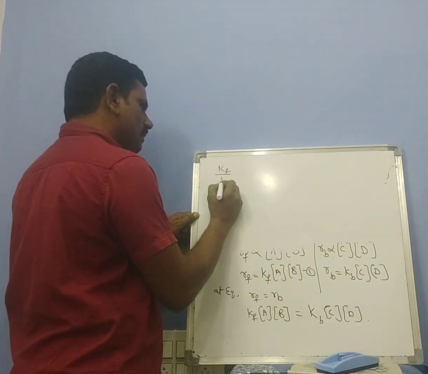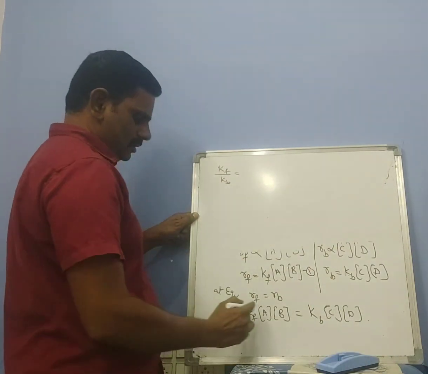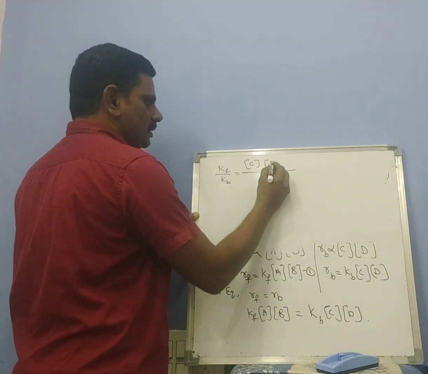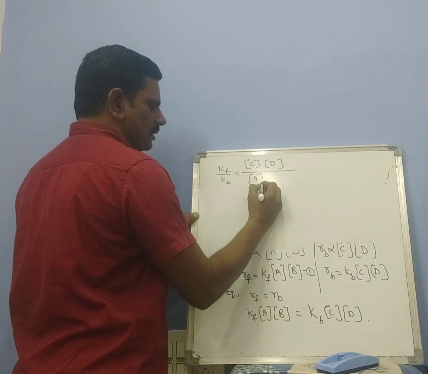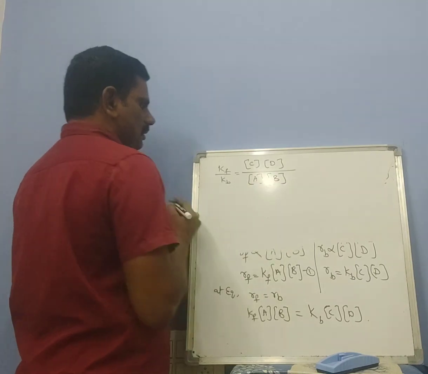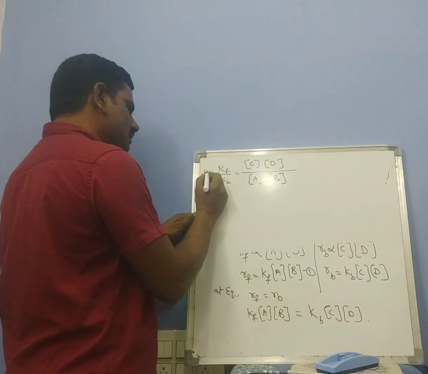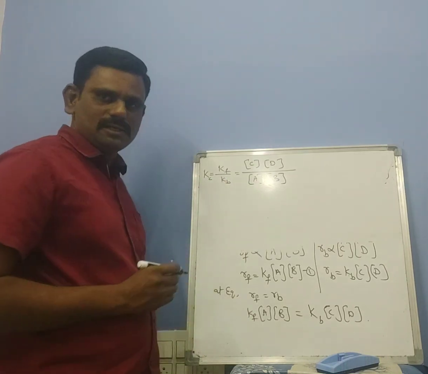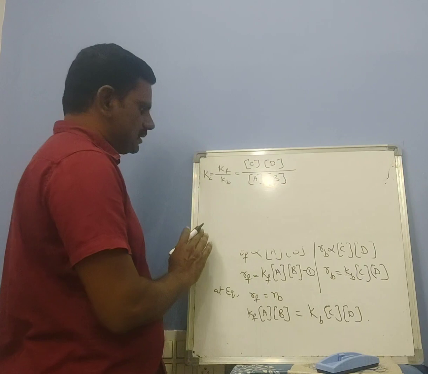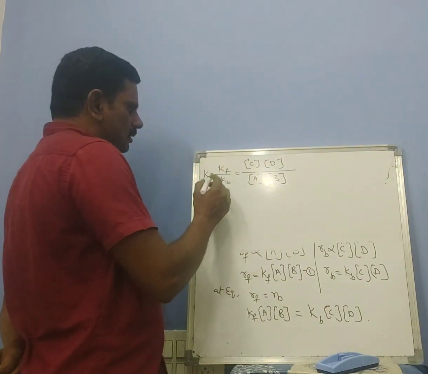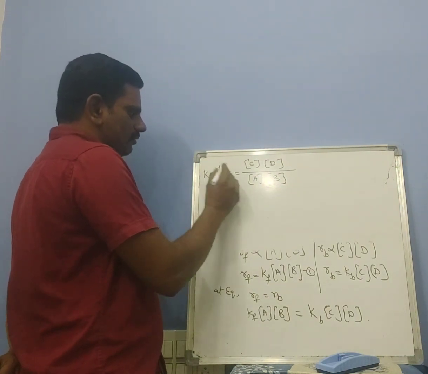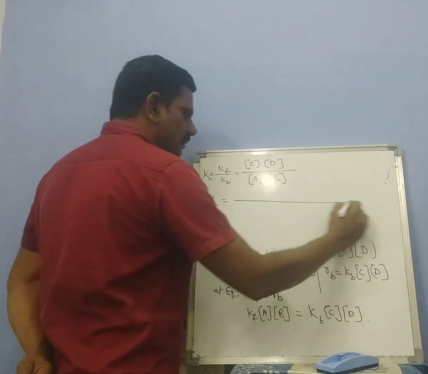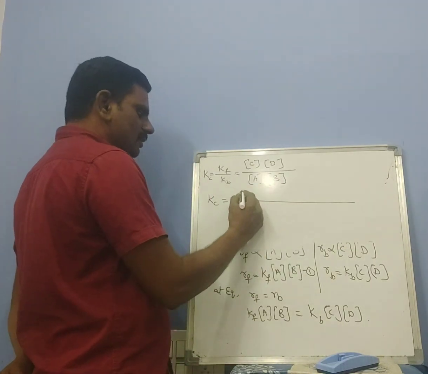So Kf by Kb is equal to the concentration of C into D divided by the concentration of A into B. So Kf by Kb is also called Kc. Kc means equilibrium constant in terms of molar concentration. So Kc is equal to Kf by Kb, and the equilibrium constant is defined as the product of